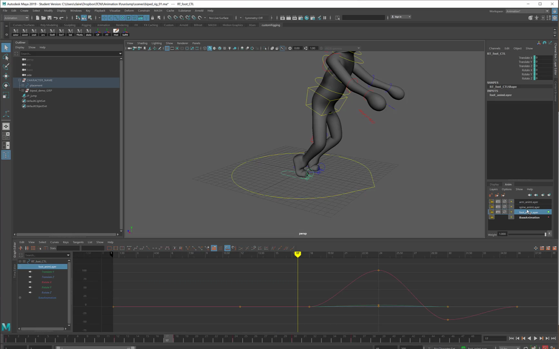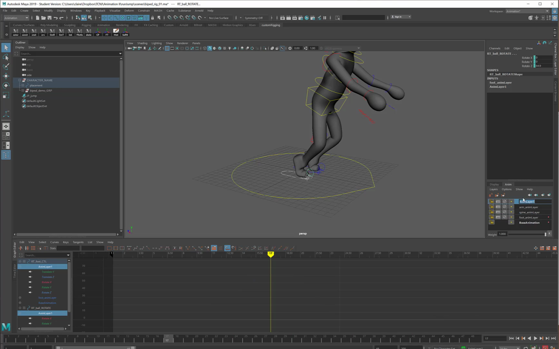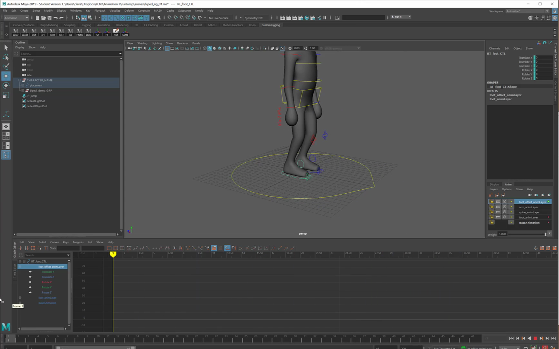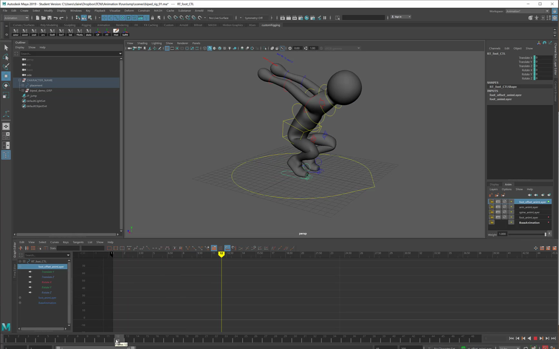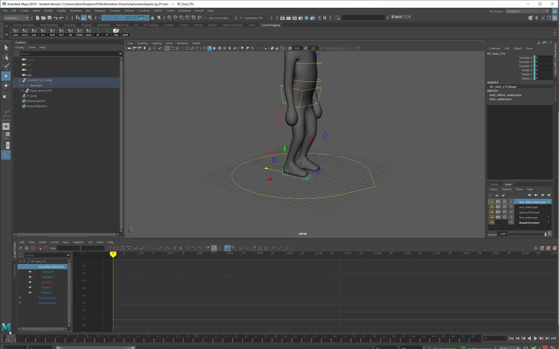If I come over onto my foot layer, or even if I make a new layer, maybe I will take these 2 foot controls and I'll stick them on another layer. Let's call this one foot offset. On this one, you'll see I've still got all the same motions, but now what I can do is I've got a completely blank slate, so maybe at frame 1, we start in the same place,